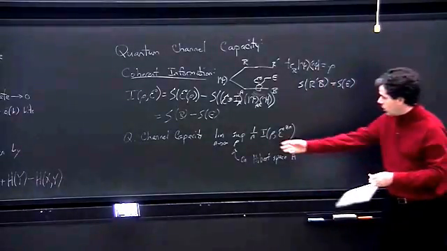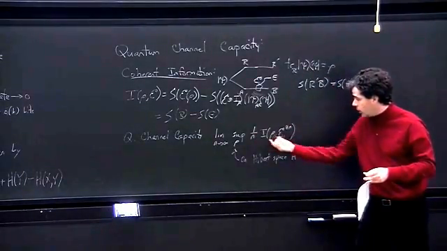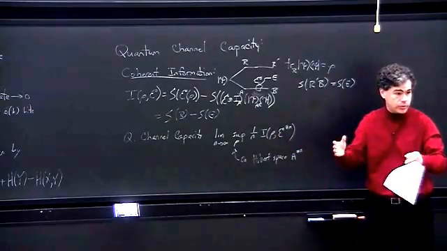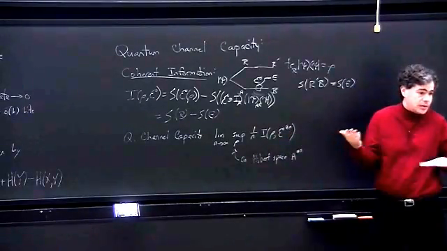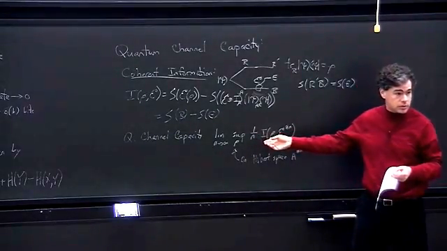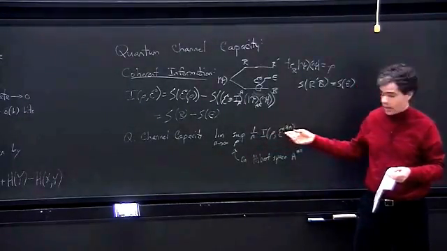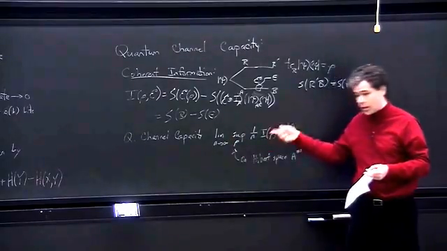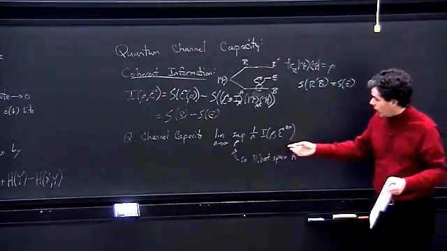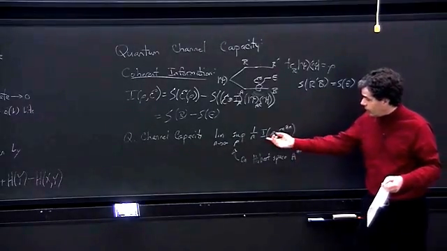And then we want to take the average. So we're taking the best thing we can do if we use the channel n times. But of course, then we can send n times as much information at least. So we're going to divide by n to cancel that out, taking basically the average. And then we want to take the limit as n goes to infinity. Okay? So this formula